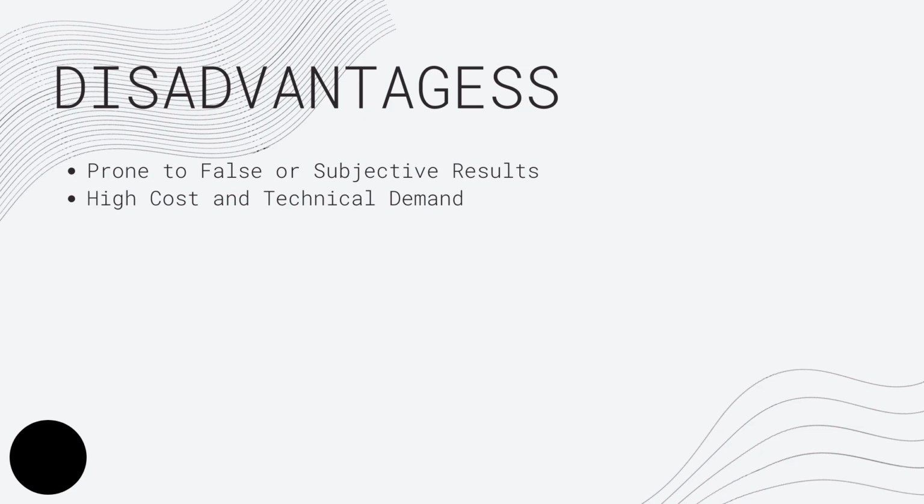The next disadvantage is the high cost and the technical demand. The cost of a Western blot is composed of the large individual expenditures for the tagged antibodies, the skilled analysts, and the lab equipment. It is a delicate procedure, and it requires precision in every step for proper identification of the proteins, and even a minor error in any of the steps can result in the entire procedure getting disturbed.